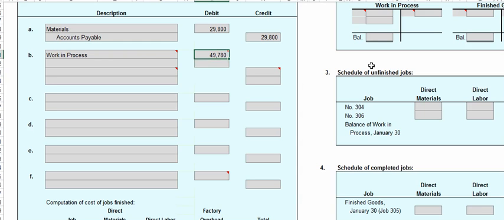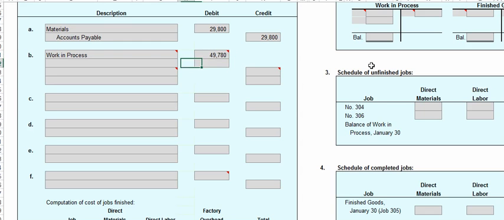49,780. Now just to show you, and you've realized this by now, I think, 49,780. I don't want to forget what that was. I'm going to write it down. But just for instance, had we put in 50,000, you get that red dot showing that it's incorrect. I'm sure you're aware of that by now. But 49,780